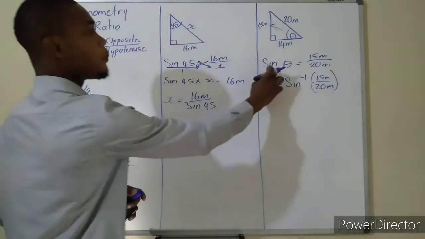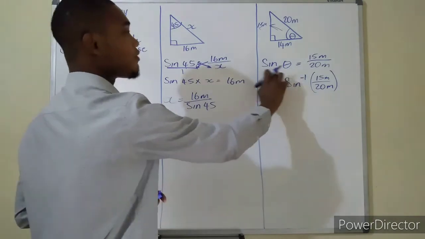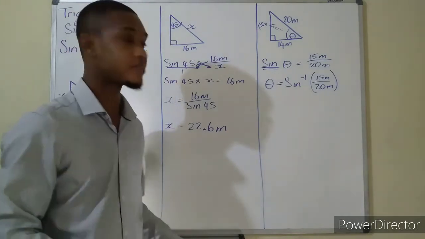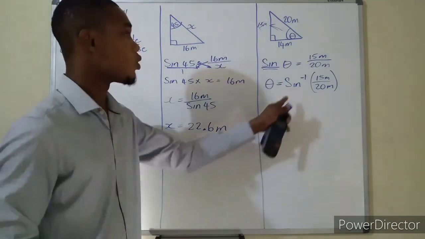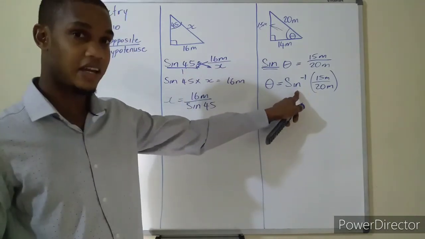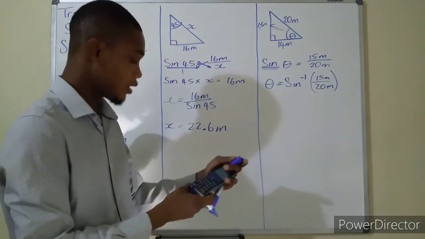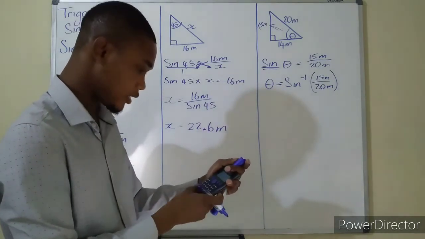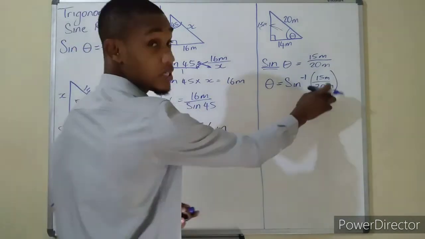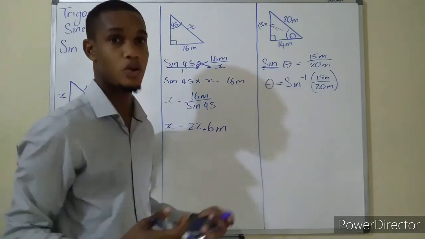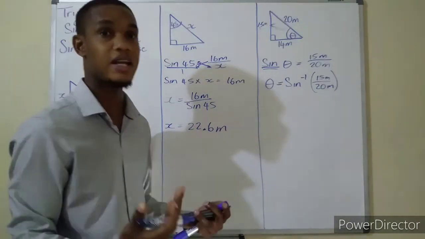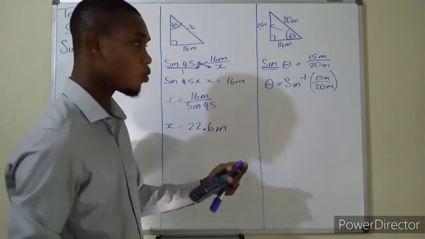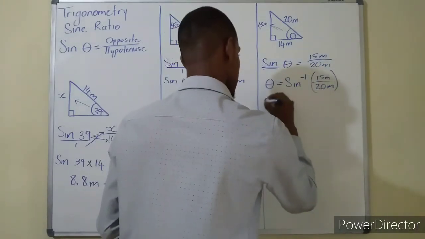Since you want the angle, you have to do something to get rid of your sine. And to get rid of sine, you have to find the inverse of sine. This is how it's generally represented. So when you're using your calculator and you need sine inverse, you look for this. So it would be the inverse of sine of 15 over 20. And please note, you must put these values correctly, because sine inverse works with decimals, not whole numbers. So ensure it's correctly placed. So sine inverse of 15 over 20 is equal to